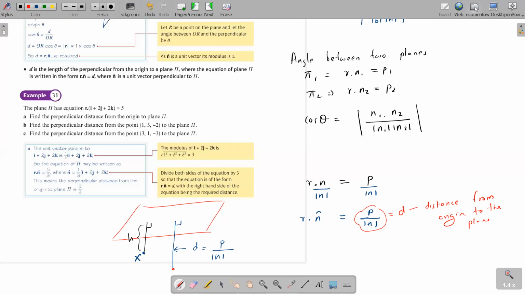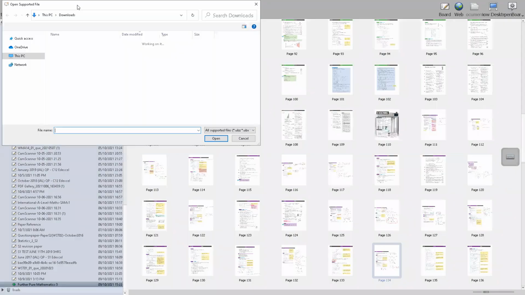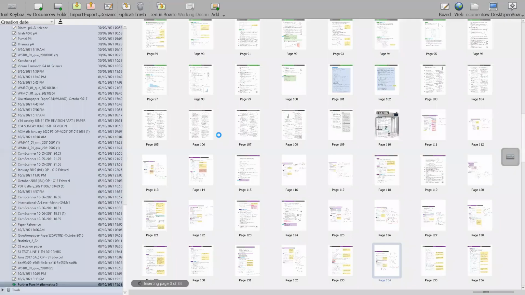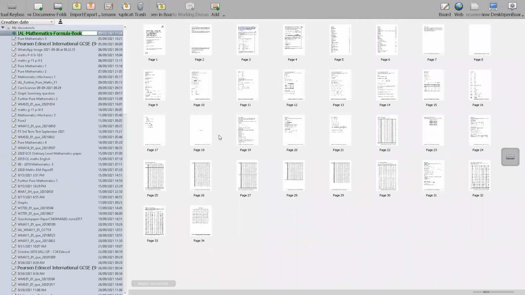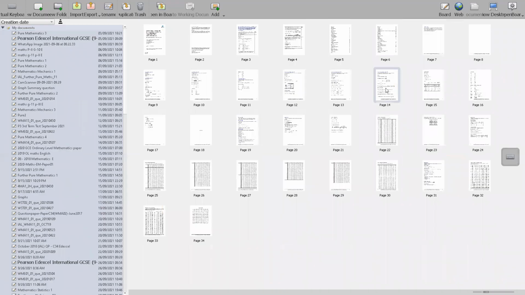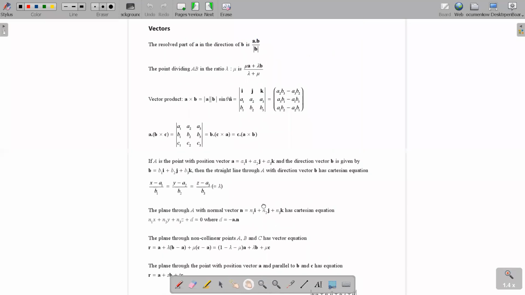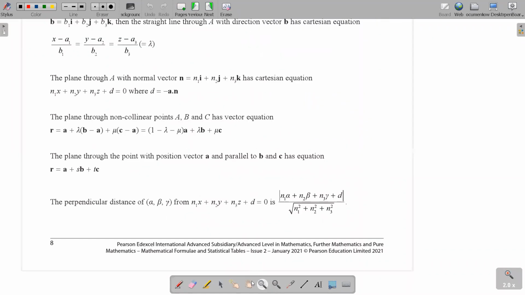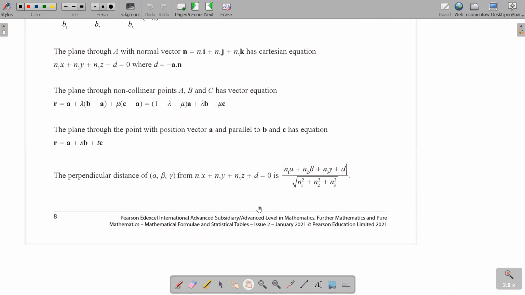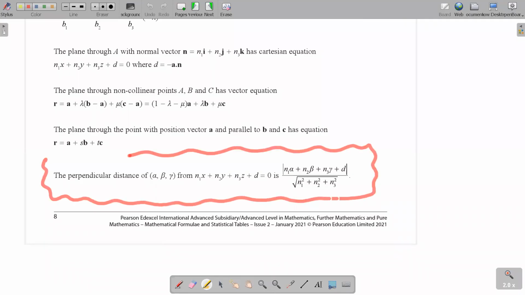Okay, so let me show it to you. It's not there in the textbook, but it's given to you in the formula book. So we can definitely use that. This is your formula book. Okay, so look at the formula book. Yeah, this one. Can you all see this last piece of information? This is really important. It's not there in your textbook, but it's there in your formula book. Can you all see this, children?